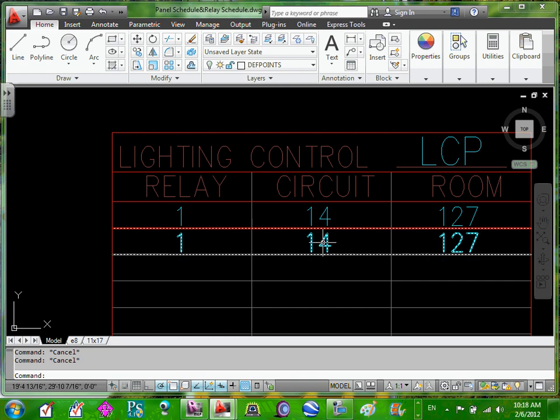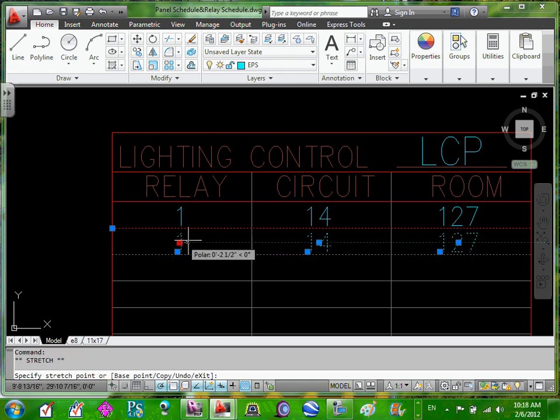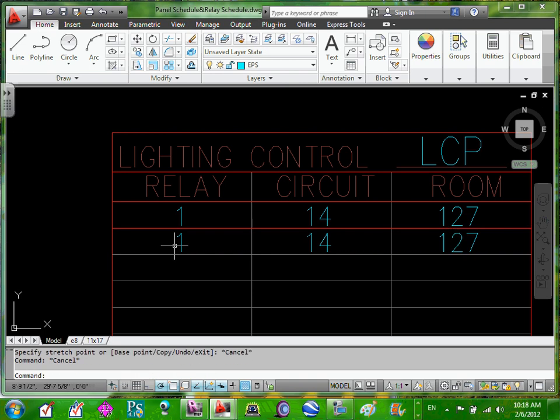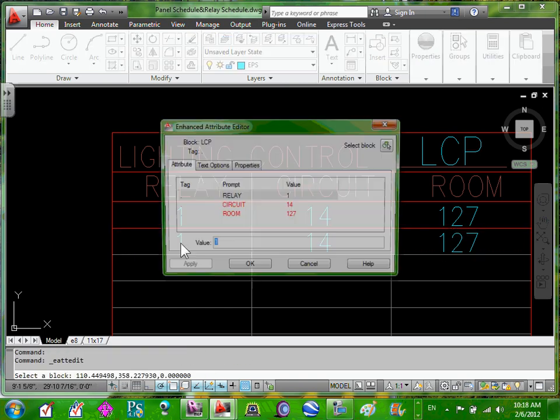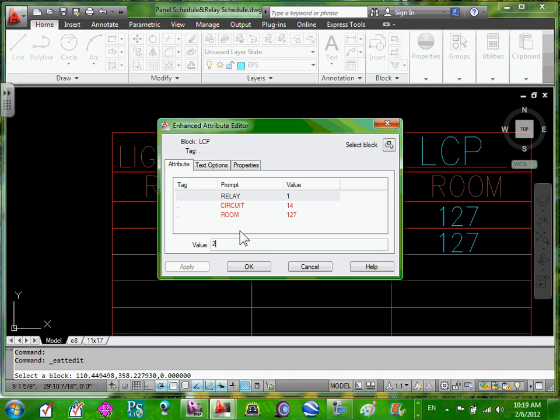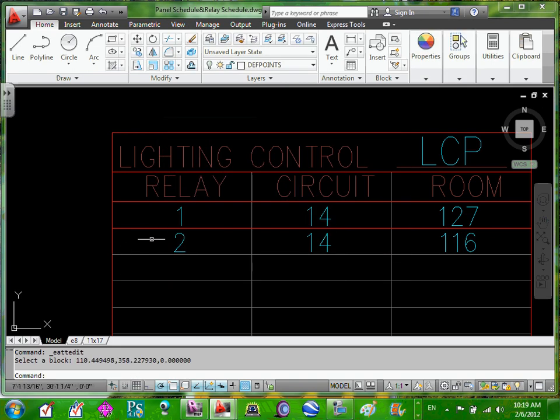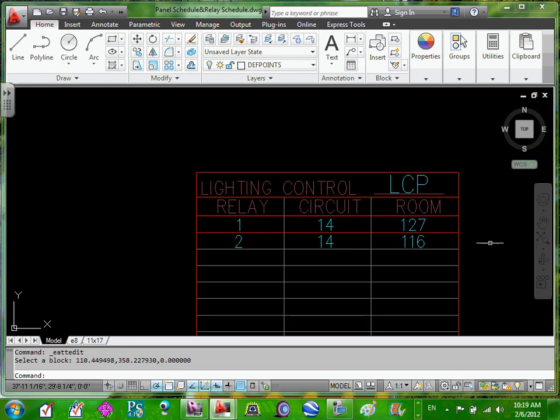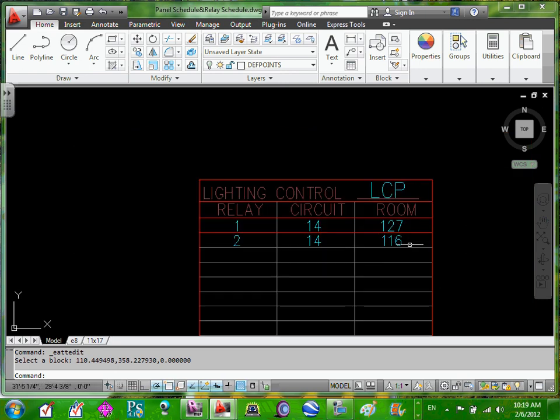Now, Ashley, suppose I was using the same circuit to feed relay 1, fed from circuit number 1. So suppose I have relay number 2 here. Oops, let me escape, double click on it. Okay, let's say relay number 2 is also fed from circuit number 14, but this time it's going to room 116. So this is relay number 2. It's actually fed from the same circuit, right? I can do that. And controlling relay room number